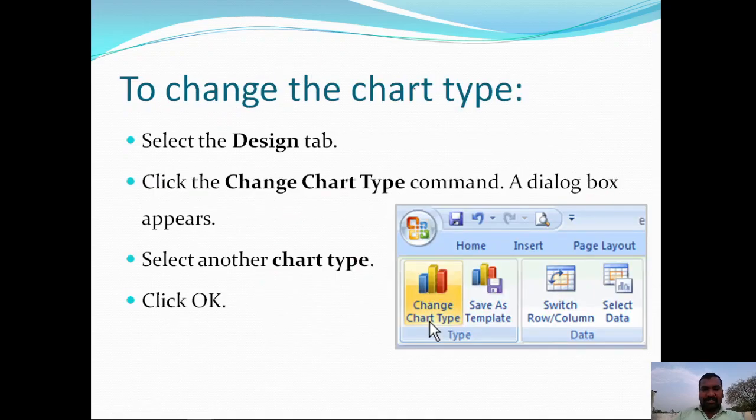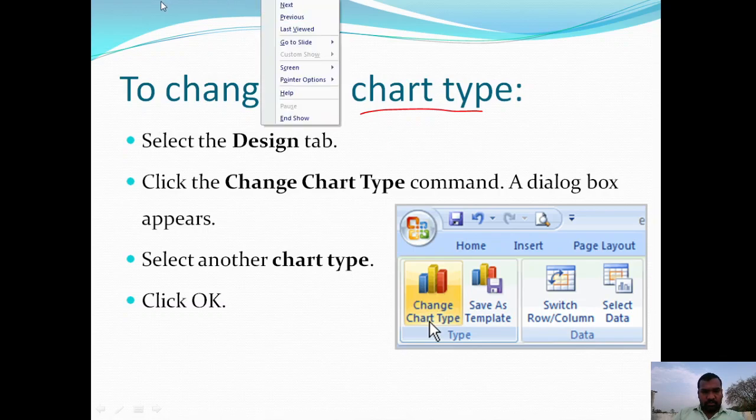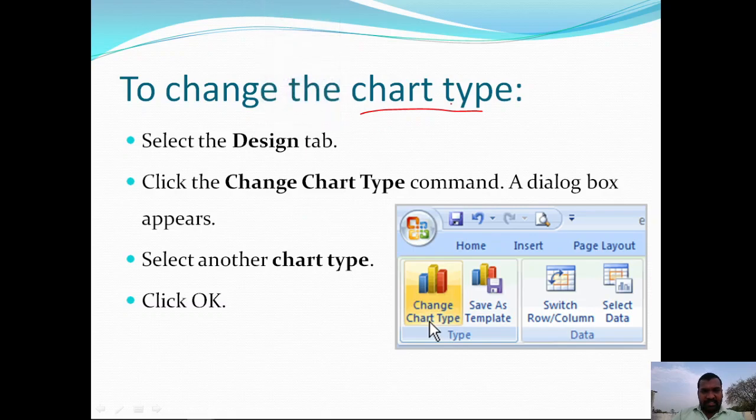Now it's time to discuss how to change the chart type, chart layout, chart background, and chart style. To change the chart type, click on the design tab that is available like home, insert, page layout, and then the design tab. In the design tab, click on the change chart type command.